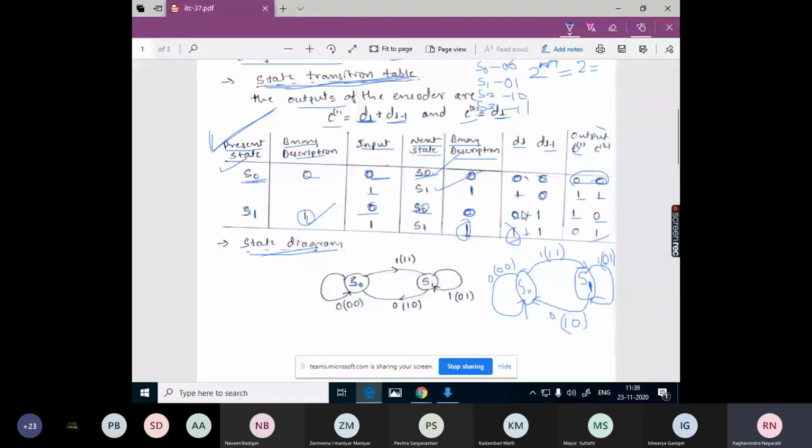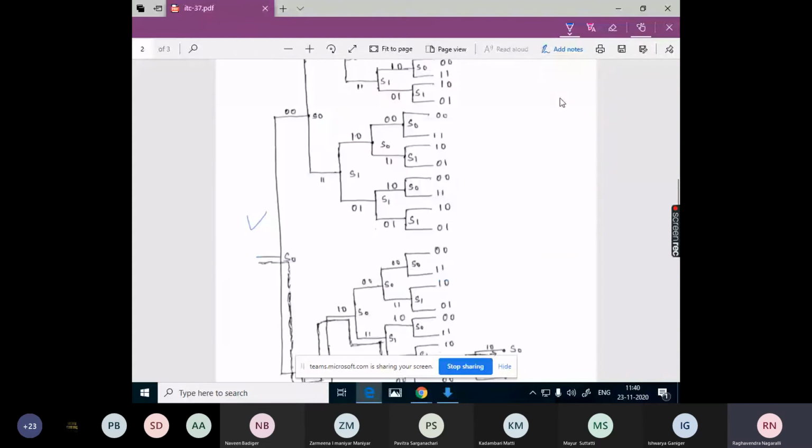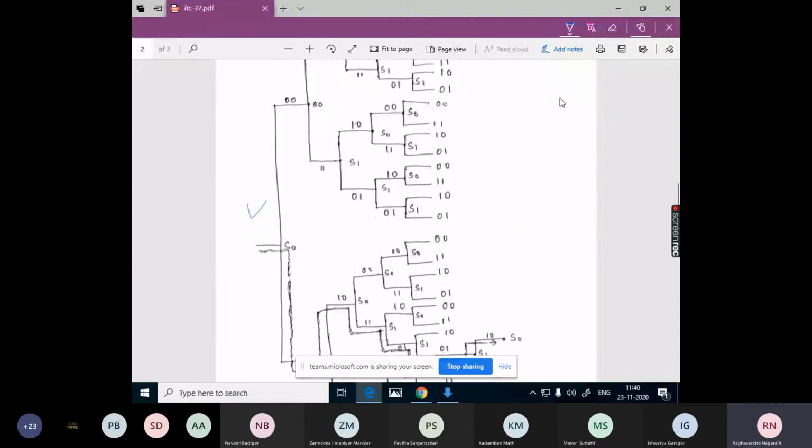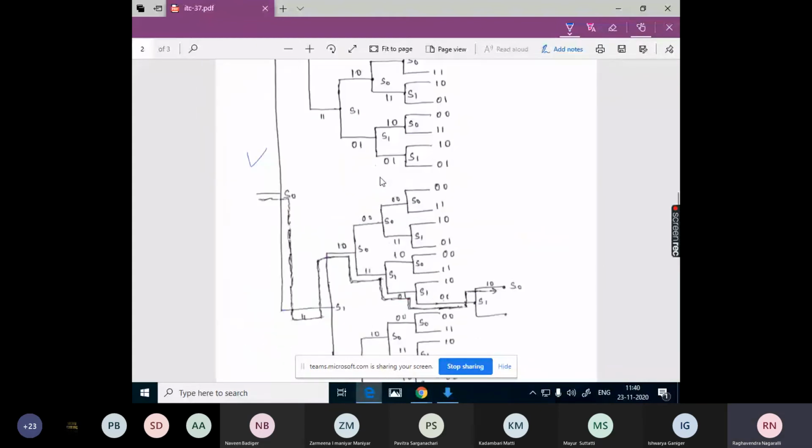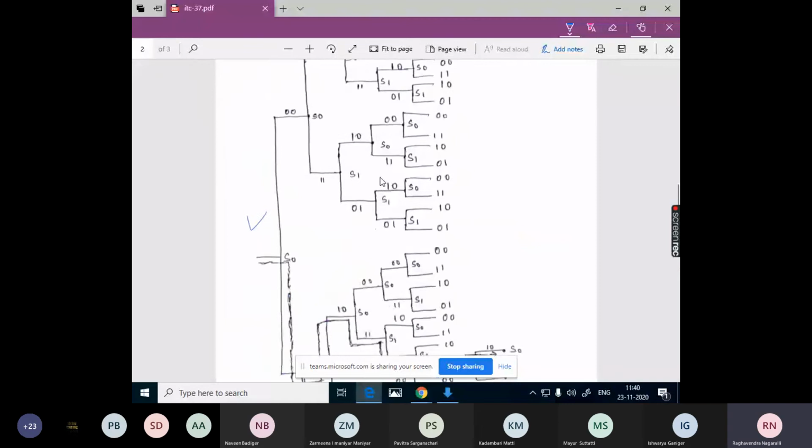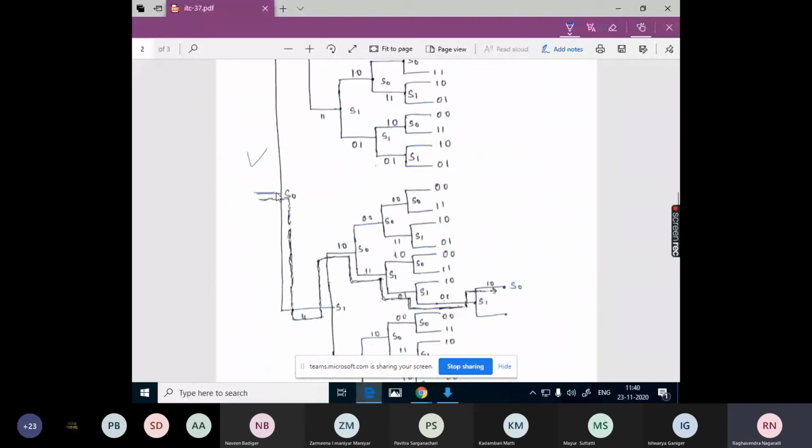So this transition table will help in drawing this code tree. Okay, so let's see. S0 is the current state, so we will consider this initial state as S0. We will start with the initial state, the 0 0 state.